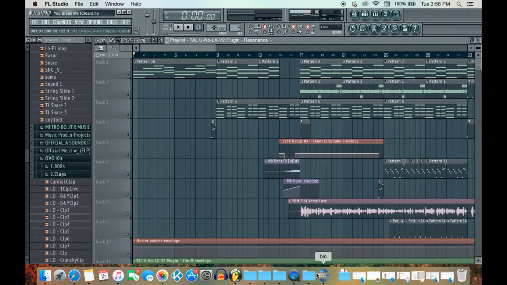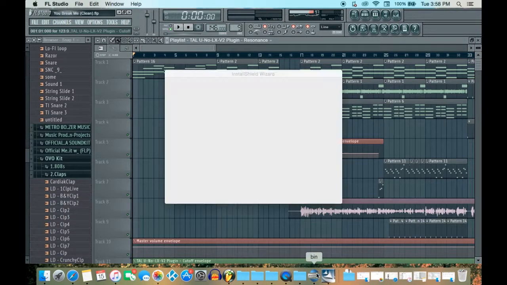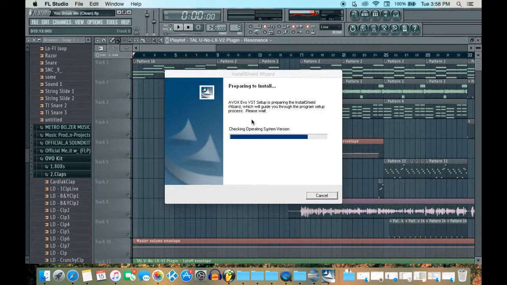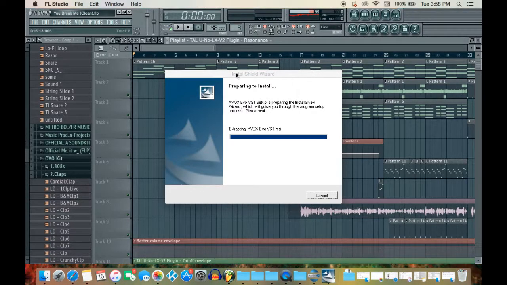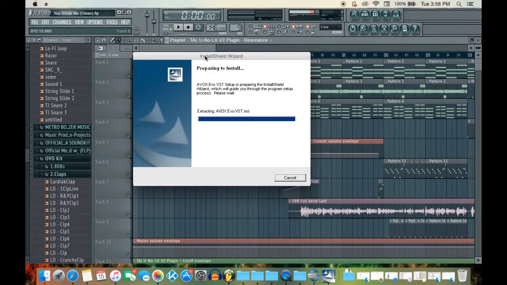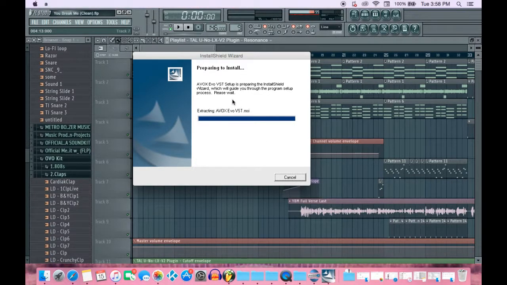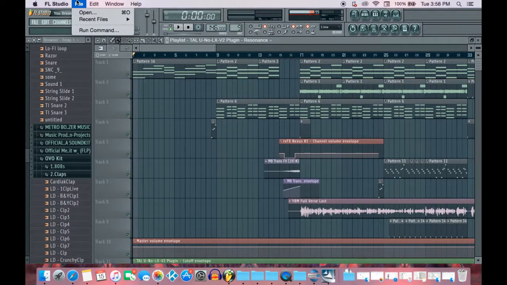For example, if you wanted to install Nexus, you would have the exe file for Nexus, and you would go ahead and install it just using this FL Studio installation program that they thankfully installed for us so we can put in VSTs. There's actually two ways that you can install VSTs now that I noticed. There's ones that come with the exe, but if it just comes with the DLL file, it's as simple as going